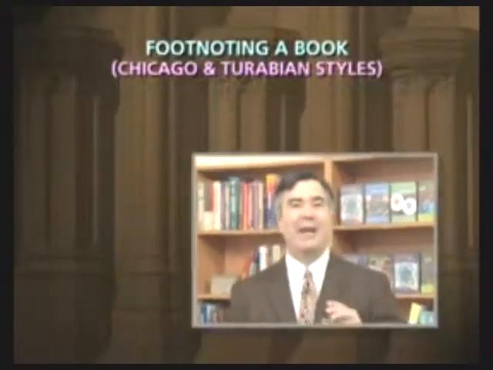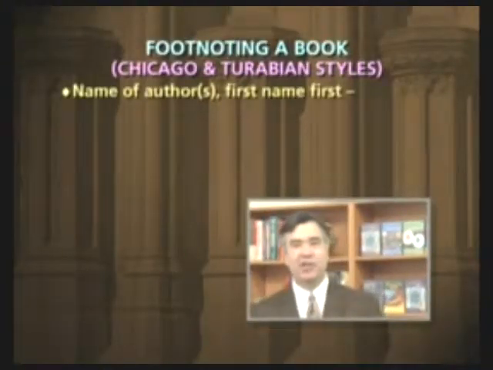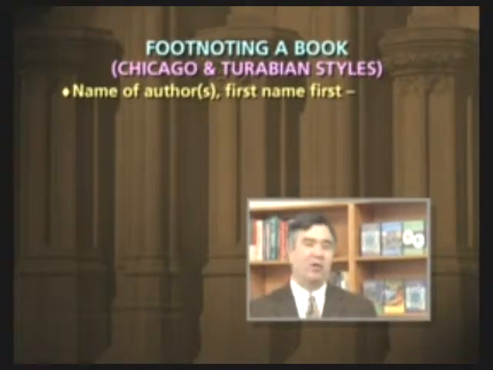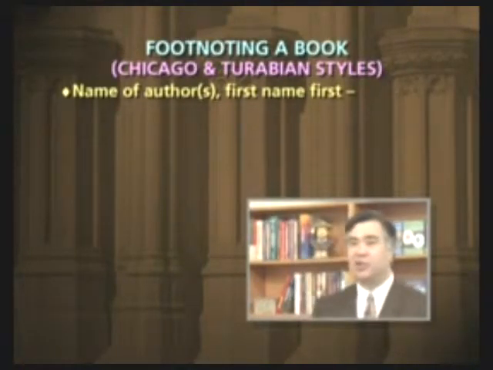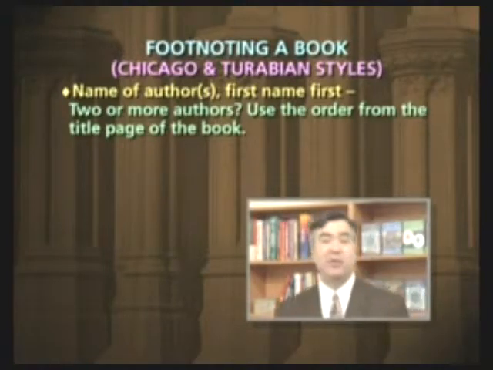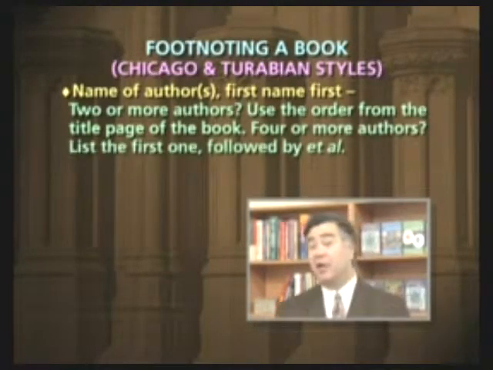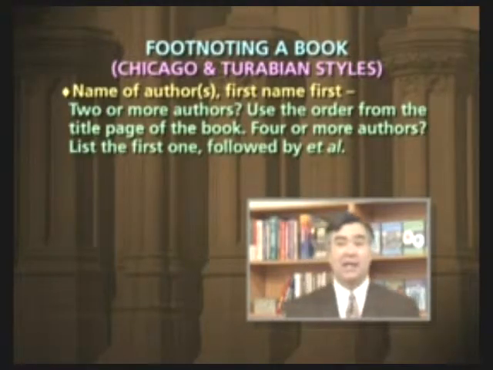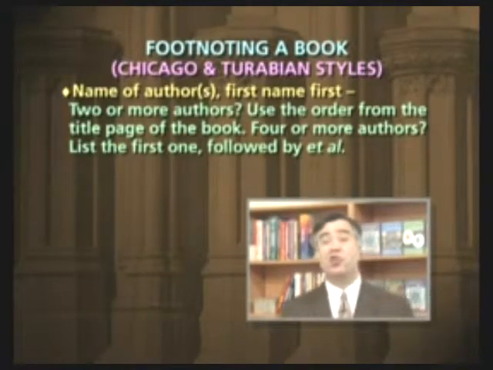Now, the order of information provided in the footnote is important and it must be followed precisely. Here we are getting into salad fork territory. Just follow the etiquette rules and you'll be fine. Here's how footnoting works for a book. First, the name of the author or authors, first name first. If there are 2 or more authors, you would list them in the same order they're listed on the title page of the book. If there are a lot of authors, 4 or more, just list the first one,